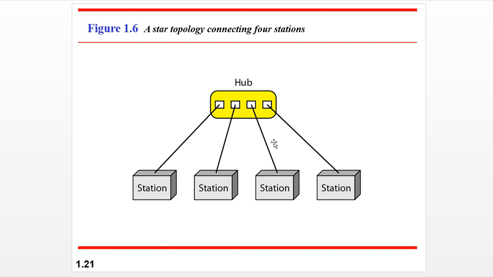As compared to mesh topology, star topology requires much less cabling, and it is very easy to install, because we only have the central node and we have to connect all other nodes to the central controller. You can call the hub a central controller also. And fault isolation or fault identification is easy as compared to the mesh topology, and if any one of the stations goes down, it will not affect the others. That is a major advantage of the star topology. Okay.